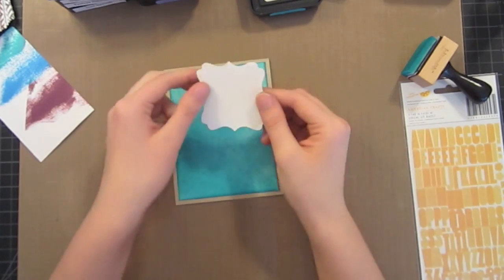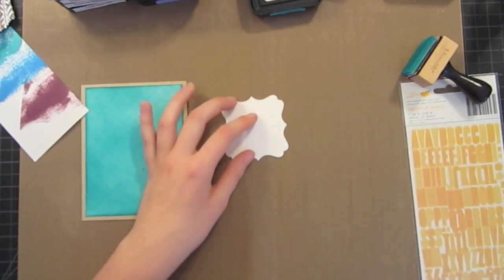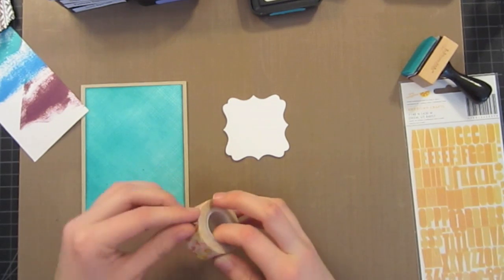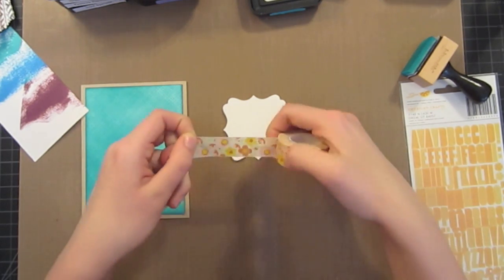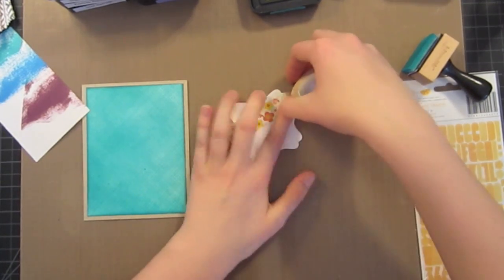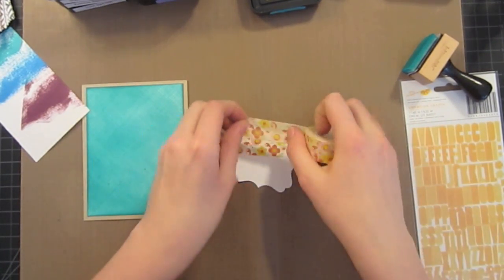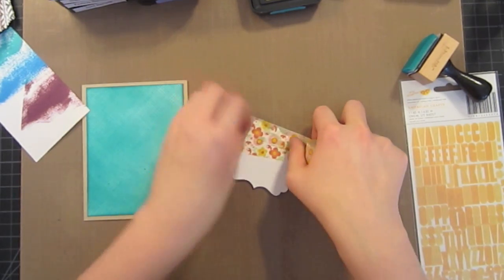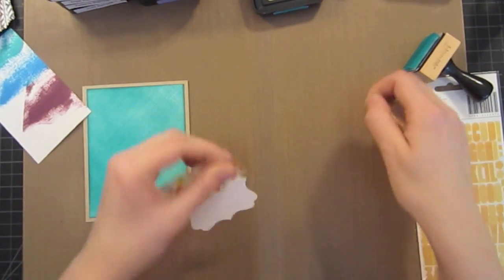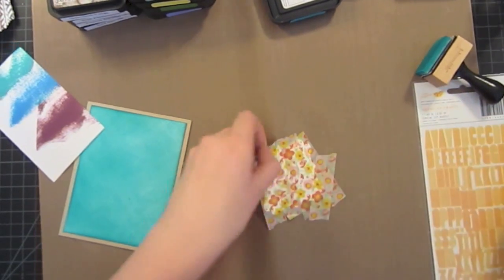I have this piece of white cardstock cut with Labels 16 die from Spellbinders, and I'm going to use some washi tape as my focal point. So I'm just going to kind of drape it over the side here. This is from My Mind's Eye, and you'll be able to get a link to this also below this video. So I've covered my entire focal piece here, which I definitely made sure I held